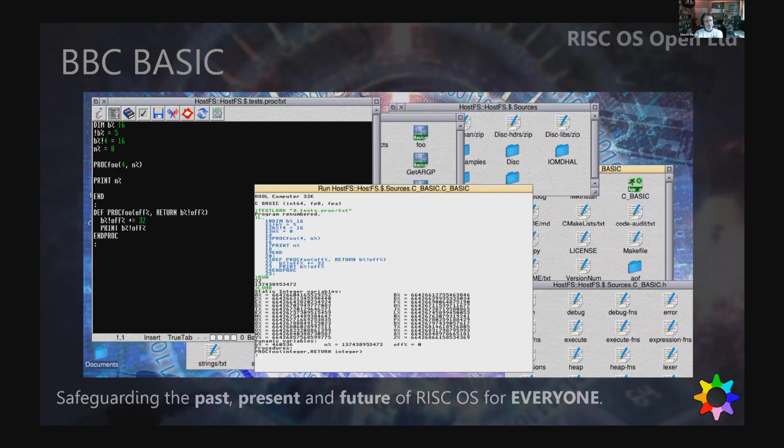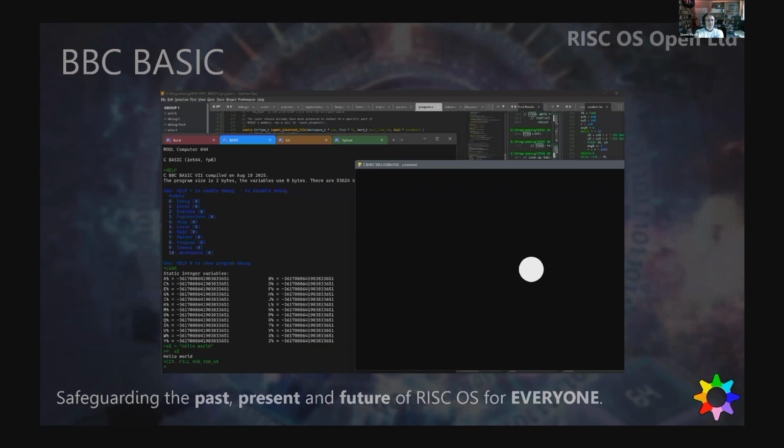And it does also run on Windows. I did say that. So here's how that looks. You can see here, it's running in a PowerShell terminal there. It's nice and colorful. So that's one of the things that I did add to this version of BASIC, is you can have lots of different colors in its outputs, which requires some changes to the task window module as well.